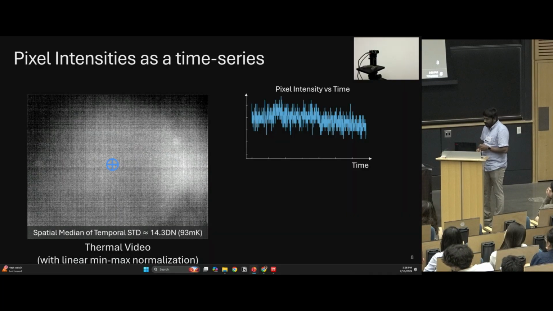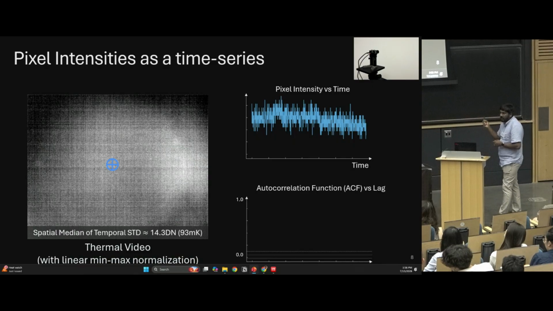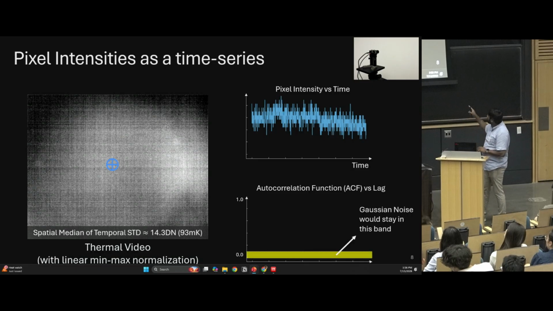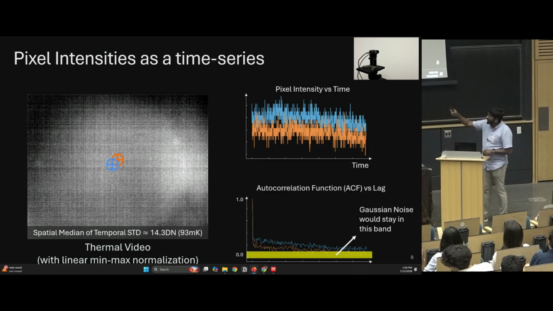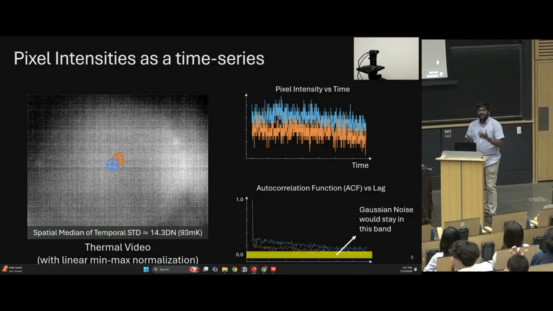There is noise, right? You can use the autocorrelation function to analyze its temporal dynamics. If it was purely Gaussian noise, it would fall completely within this yellow band. But for this function, you see that the autocorrelation function stays above it. Maybe the wall is not at perfect equilibrium. Maybe there are small variations. So we looked at its neighboring pixel. The neighboring pixel also has low frequency trends. Most importantly, you see that there is a constant offset between them, some kind of baseline difference between these 2 pixels. This cannot be in the scene. Heat conduction would prevent it. This has to be in the sensor.